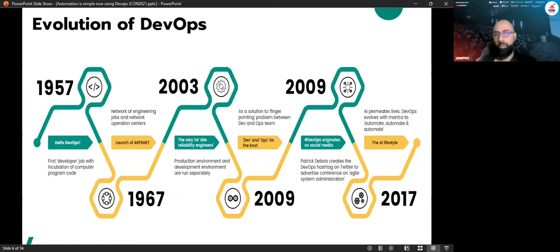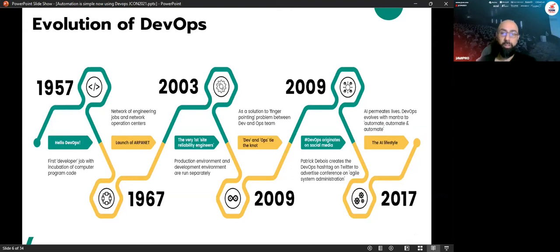I don't remember exactly when. The hashtag DevOps was generated by one of the developers at the conference, and it has been used ever since. As I mentioned, it refers to development and operations, so when you hear development and operations, you know it's DevOps.